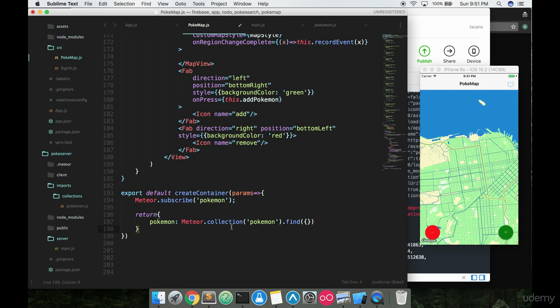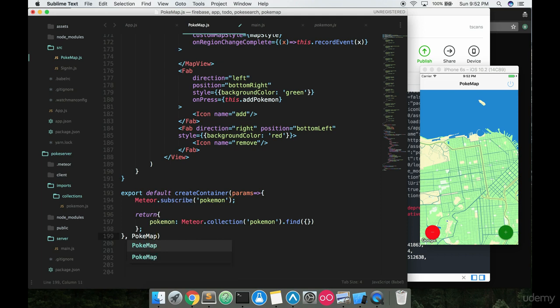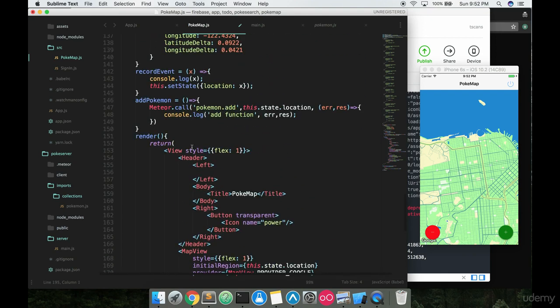So after this return function, I'll throw a little semicolon in there. You want to have a comma after this function, so there's a second parameter to this create container function. And inside of here, we just want to say Pokemap, just like that, because we still want to export default Pokemap, but we're just sticking this create container in the middle of it. All right, so I'm going to save this right after I add in